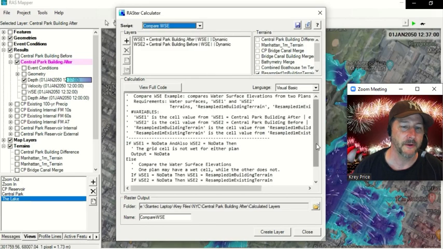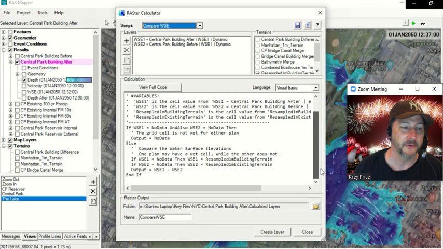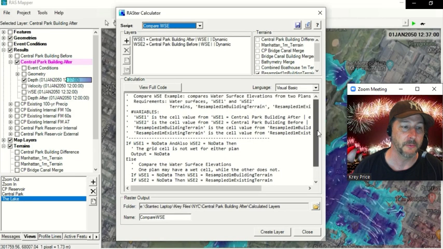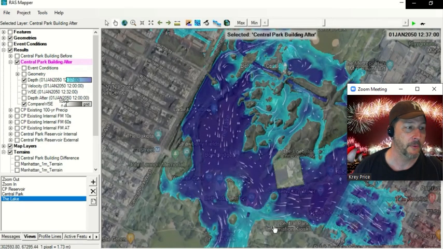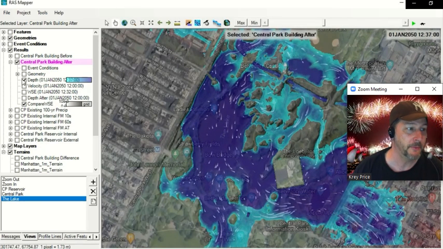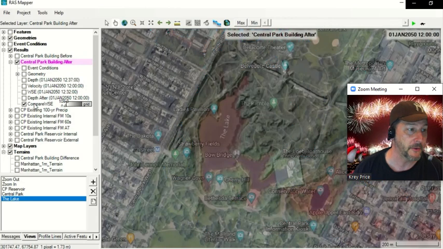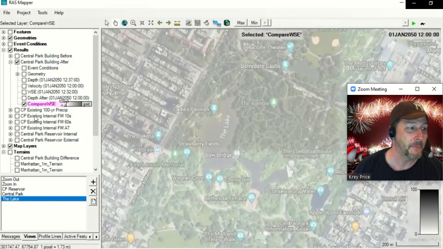This is fairly simple, except you've got to deal with the no data values. You can look at the coding for what they're doing with the no data values here. It's basically water surface number 1 minus the water surface 2. Hit create, well, there it is. It was that simple. So now I've got a compare water surface elevation layer, but let's turn everything off and